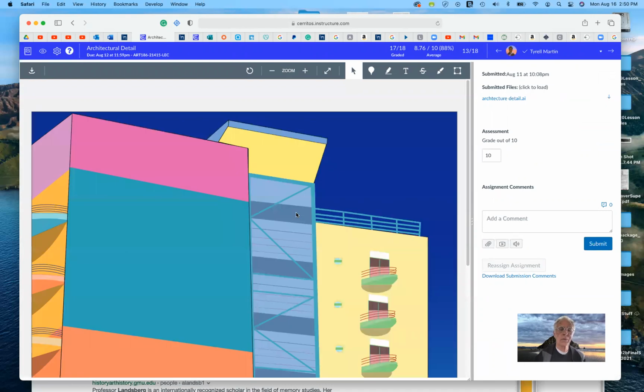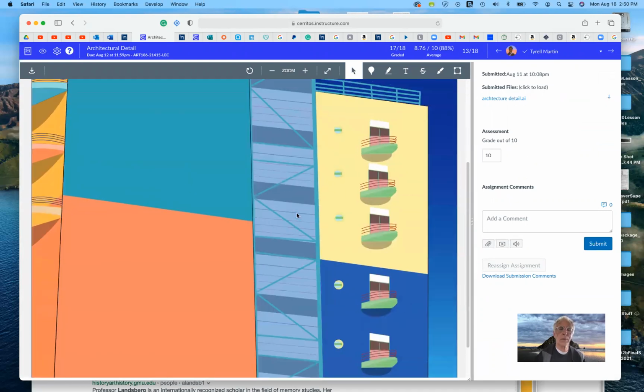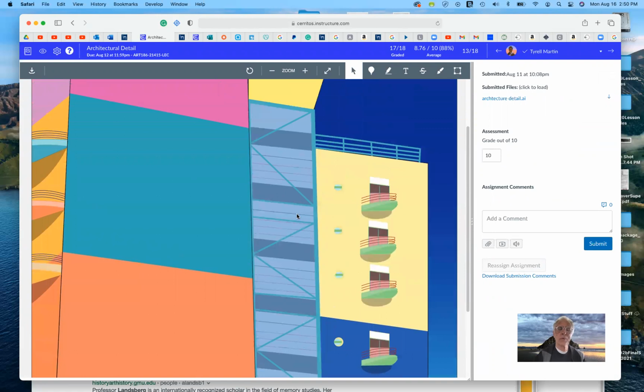Okay, so here was his architectural detail for the summer. So if you upload your Photoshop files, this is an Illustrator file, I would see it just the same. But the difference being, I know that this is fine for a number of people, a number of instructors. In part though, why I have you